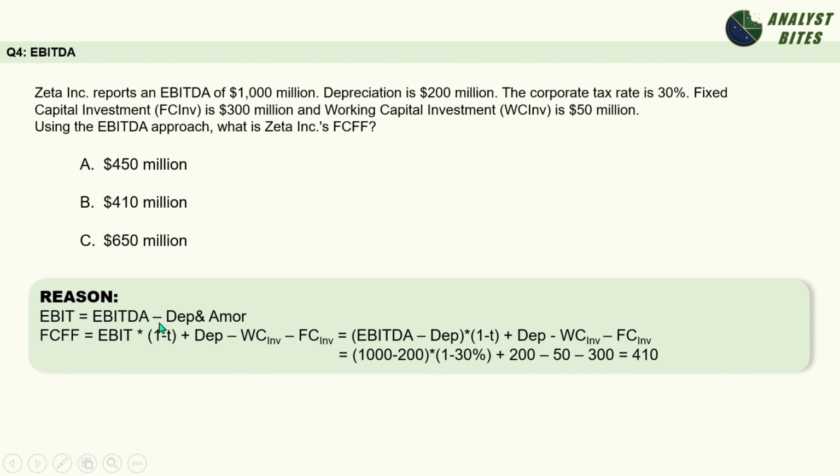So the logic is simple. Subtract depreciation and amortization from EBITDA to find your EBIT. From there, just plug it into the standard EBIT formula we just mastered. Plug in the numbers, and the answer is 410. Choice B. Easy. Alright, through these 4 practice questions, we've now dissected FCF formulas starting from CFO, net income, EBIT,